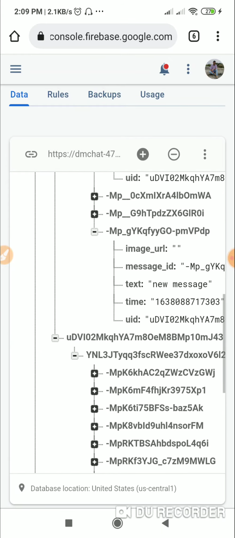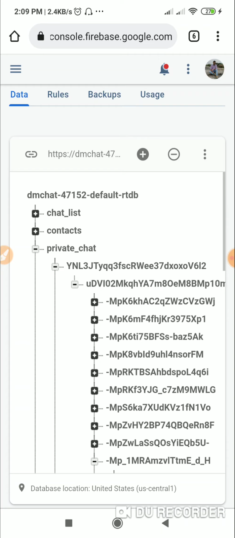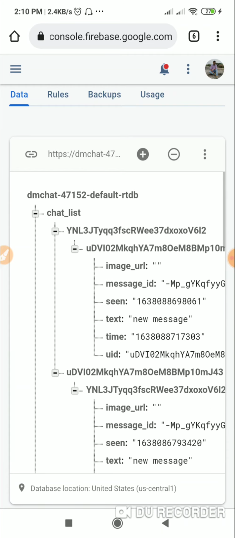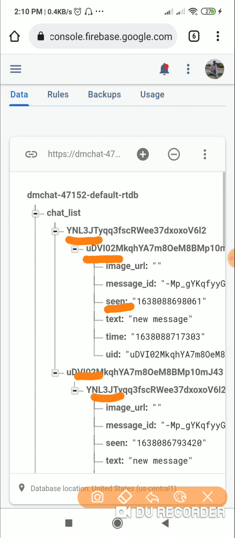This is the latest message, and we update this latest message in chat_list. So chat_list contains the UID of the first user, then the UID of the second user, and then the latest message with the same keys. The only extra key is seen, which contains the time the second user visited. Similarly, it contains the UID of the second user, then the first user, and then this seen and the latest message.